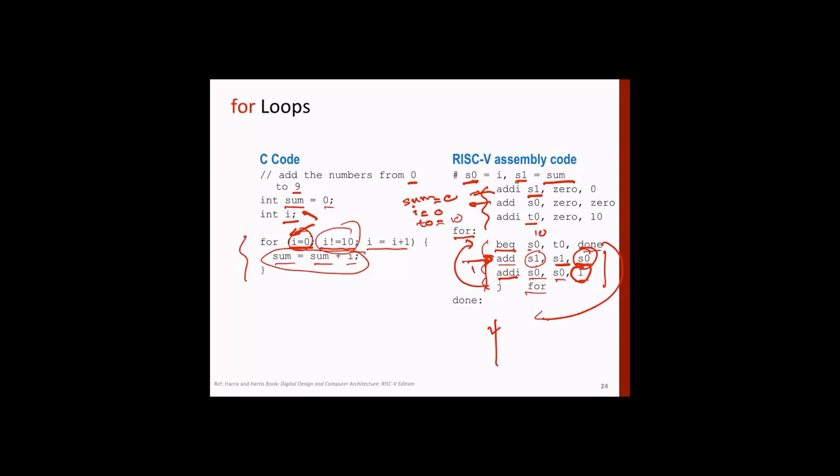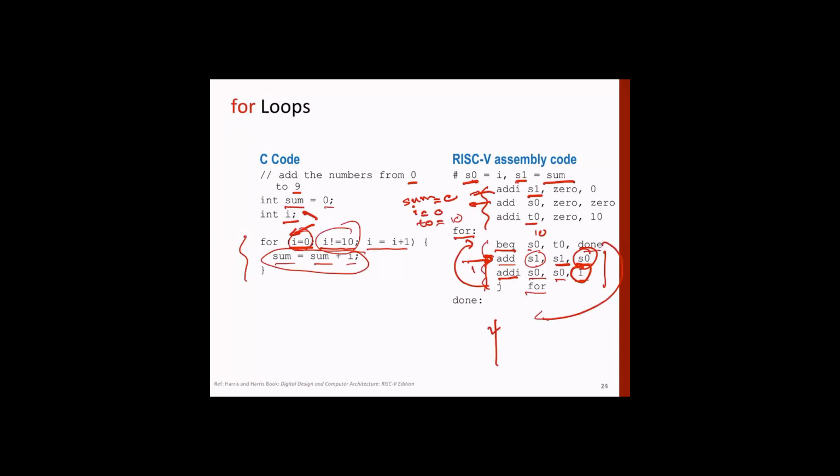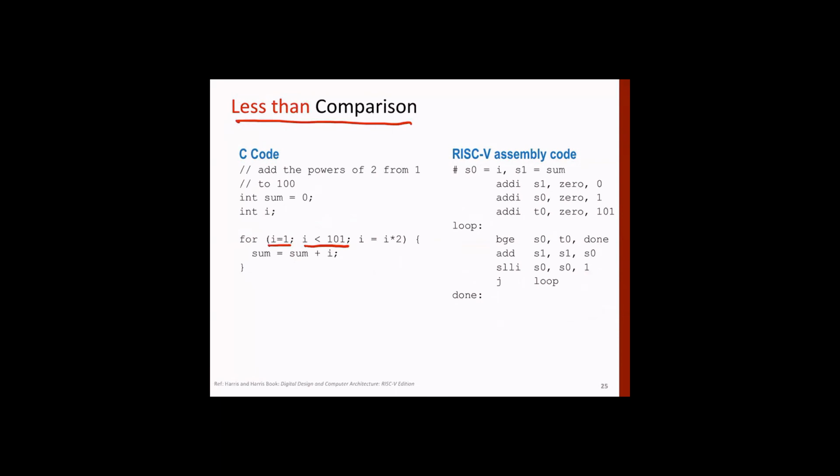Okay, just please do this again, you will get the logic. It's very simple, okay? Okay, how much time we have now? Oh, we are done, okay. Similarly, we can use less than comparison. We can use LT, for example, so for loop is I is equal to 1. So condition here is, instead of not equal to, we have used less than. So really minor change in logic here.